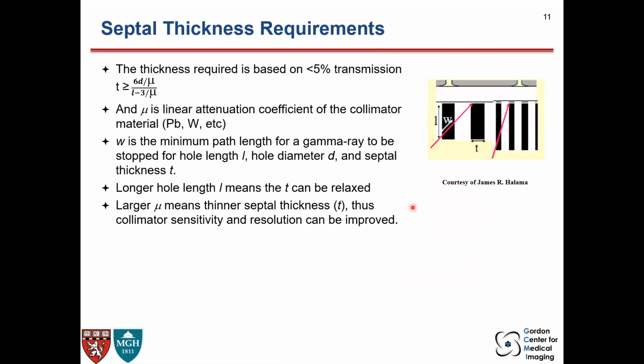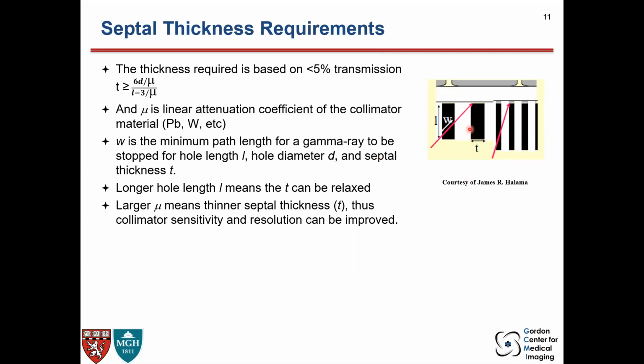And then there is another factor that I didn't talk about in the previous slides, and I'm focusing on it here. It's the septal thickness, and consider that this is the collimator holes, and this is the collimator material, lead or tungsten. Okay, obviously, if you have a thickness of the absorbing material, lead or tungsten, if T is larger,